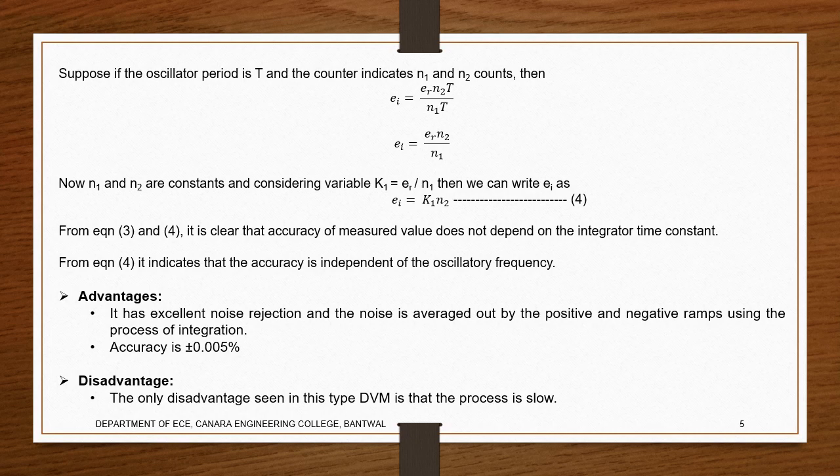Then the disadvantage. What is the disadvantage in this process? It is very slow. I know the capacitor process is always slow, because of the charging effects. Also, how slowly the input is given, that much the process will be slow. As we said, the accuracy is plus or minus, so fluctuation is very less, and for that purpose it is very high.